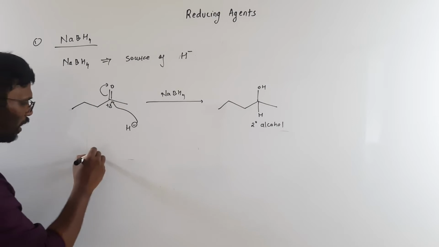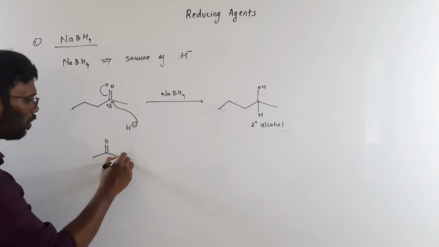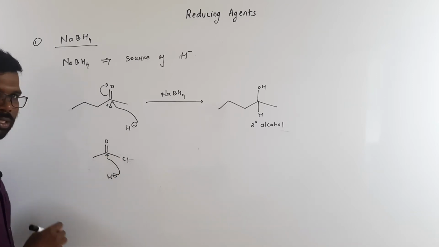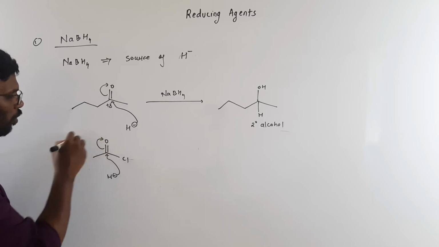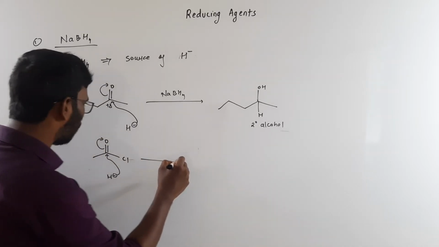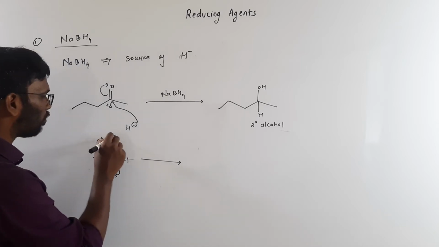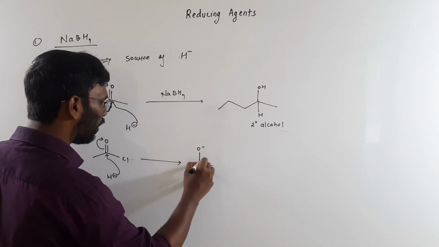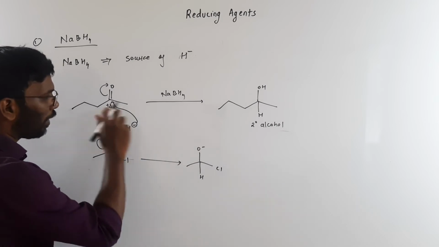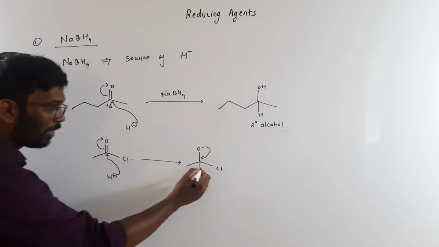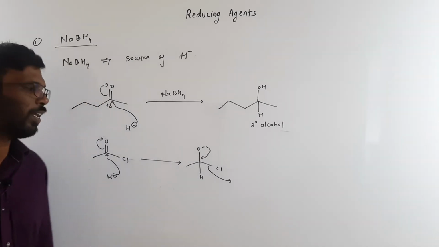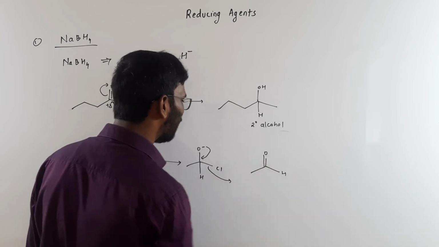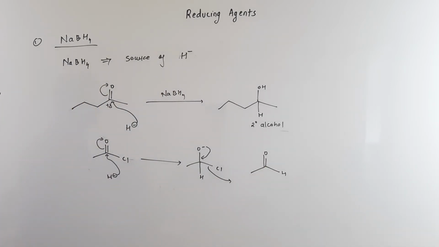Now let's take an example where it is an acid halide. What will happen in this case is H minus is there. It will attack this because this is partially positive. This will shift over here, and in the further step we get a negative charge over here. Let me show it in a different step. O minus over here, H is there, then Cl. This will back bond. Why? This Cl is a very good leaving group. Since Cl is a very good leaving group, this is what will be formed. This is the aldehyde which you are getting over here.